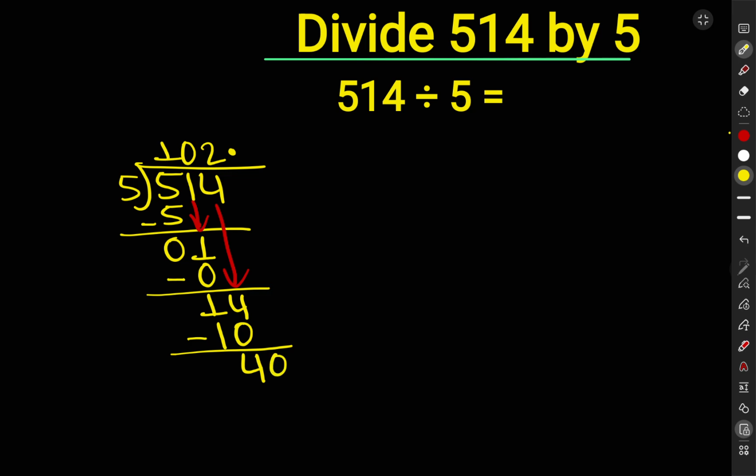So it is 40 and 5 times 8 is 40. On subtracting we get 0. So 514 divided by 5 is